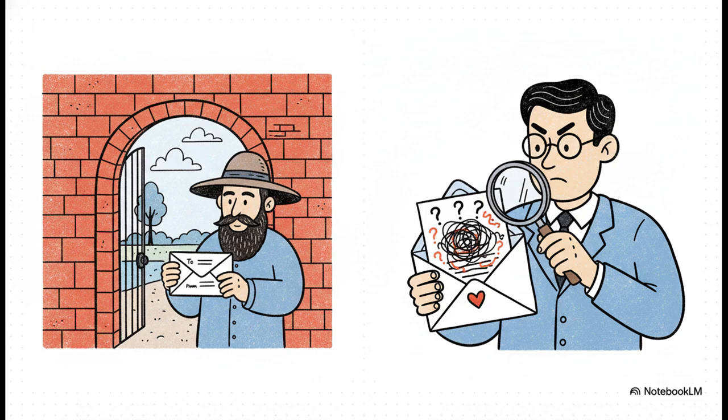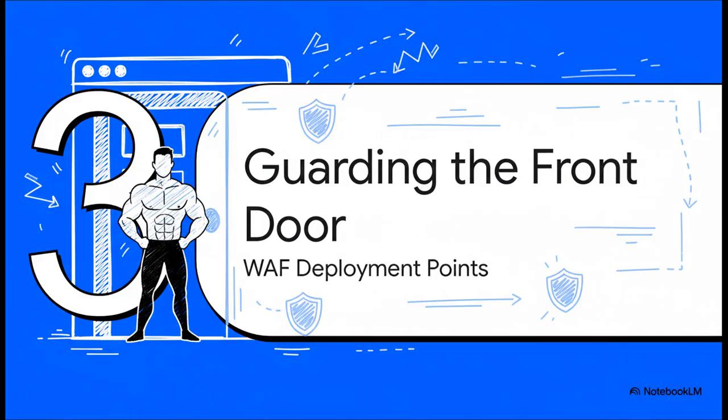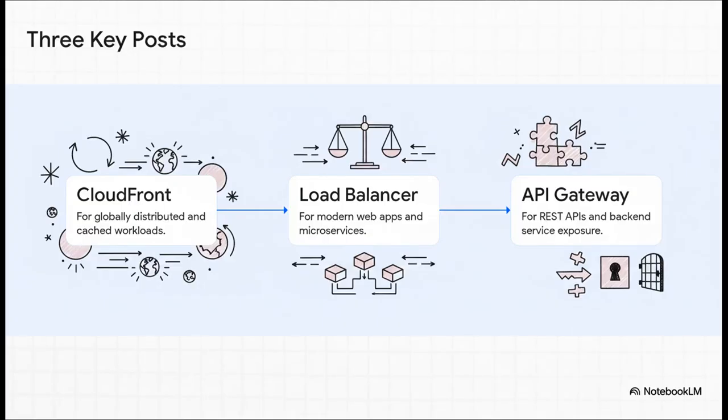Huge difference. Okay, so you've hired your bouncer. Now, where do you put him? Because let me tell you, placement is everything. It's just as important as hiring him in the first place. You need him right at the front door, not wandering around the party. And AWS gives you 3 perfect spots to post your bouncer, right where all the action is. First up, you can put it on Amazon CloudFront, which is what's delivering your content all over the world. Second, on an application load balancer, the thing that's juggling traffic between all your servers. And third, on an API gateway, which is basically the front door for all your backend services.